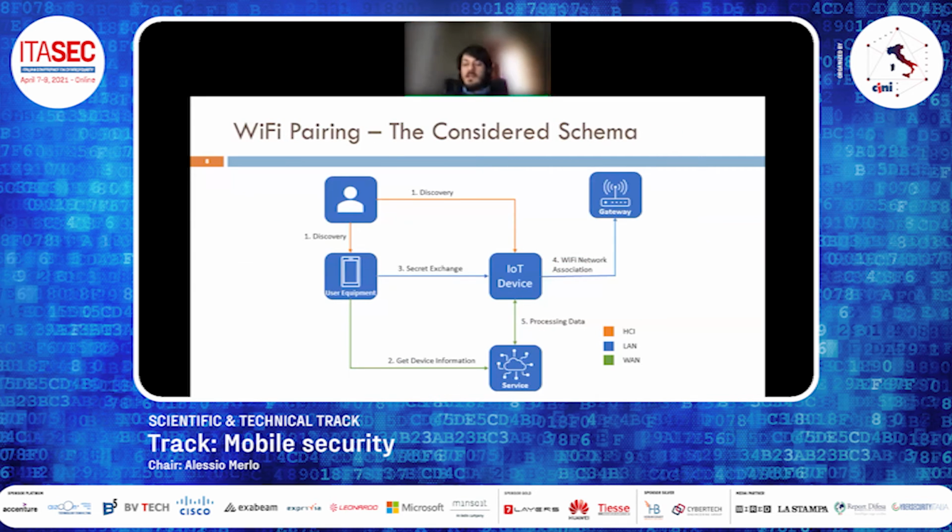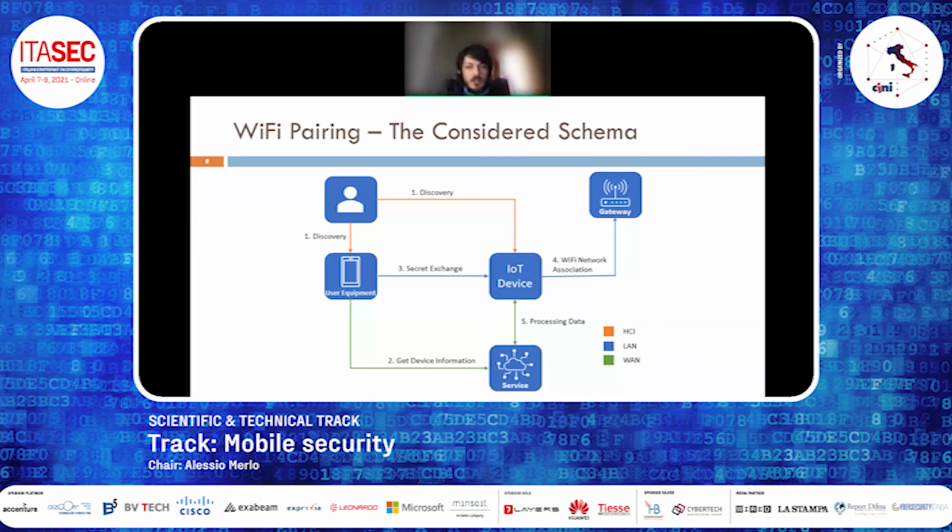This is the generic schema that we are considering, which involves generic human communication, human-computer interaction, and an out-of-band channel for the discovery phase. So you can look at the steps. These steps also involve the acquisition of a shared secret through the out-of-band channel, which is later used to